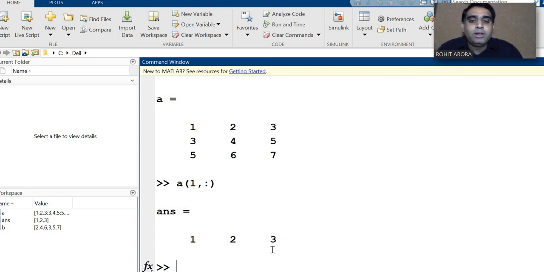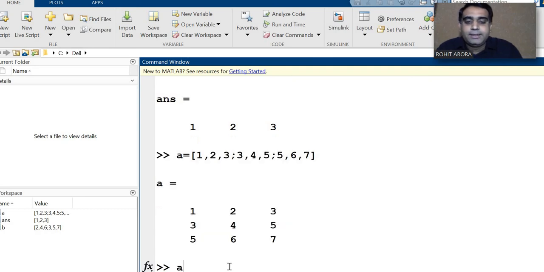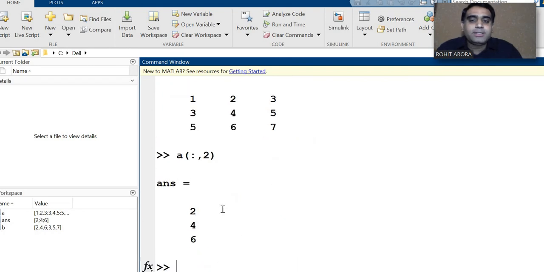It means 1 2 3. Same as it is, if you write colon comma 2, it means the second column, and the result is 2 4 6. This is the basic concept of the deleting part.